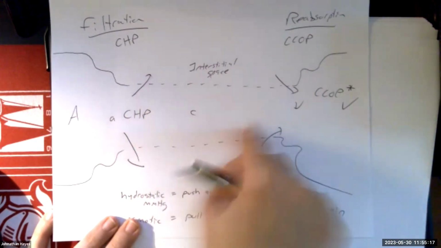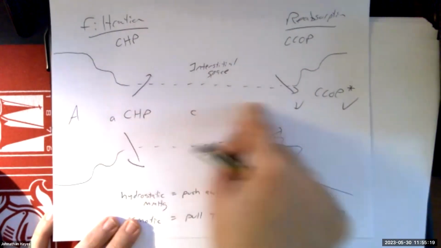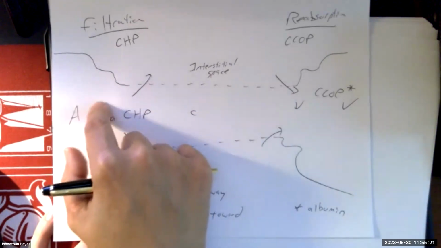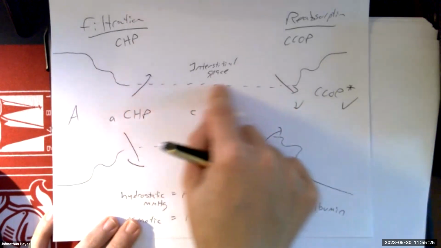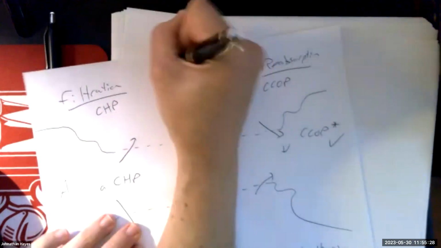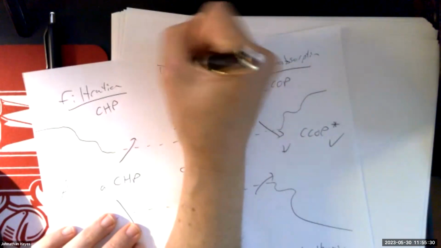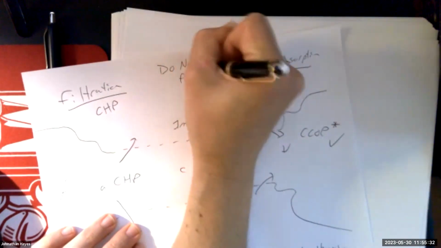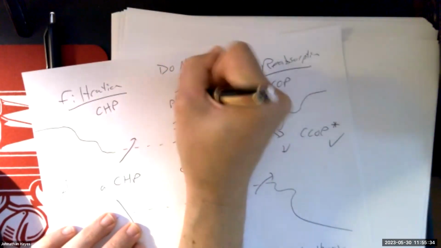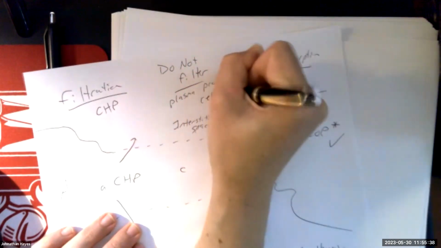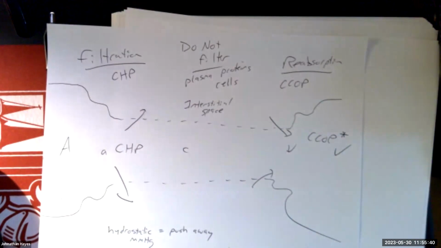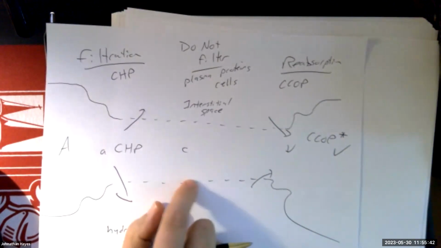And the reason the proteins didn't leave as we were going through the capillary, because they were over on this side and they're still over on this side, is because things that normally should not filter, things that do not filter through capillaries under normal circumstances, are things like plasma proteins and cells, right? If I want to get plasma proteins and cells out here, I have to change the permeability